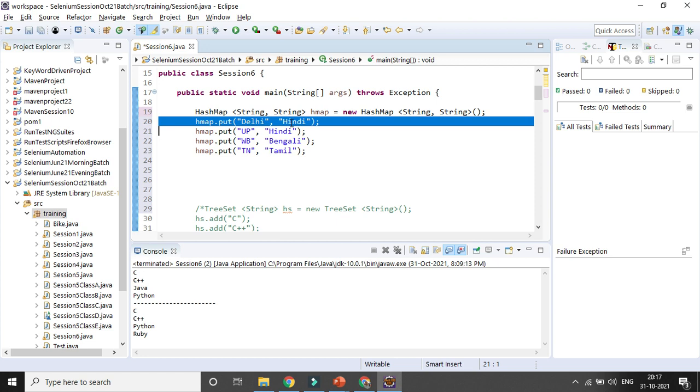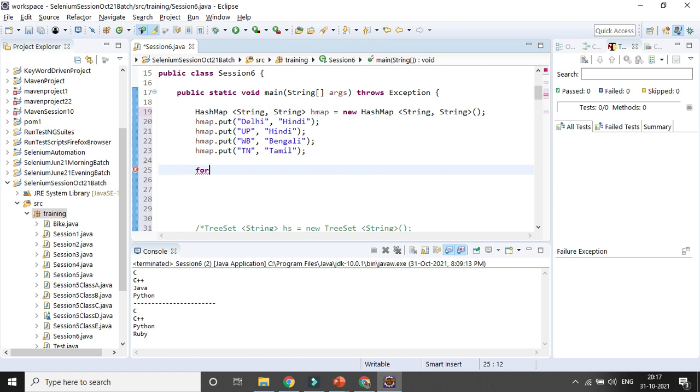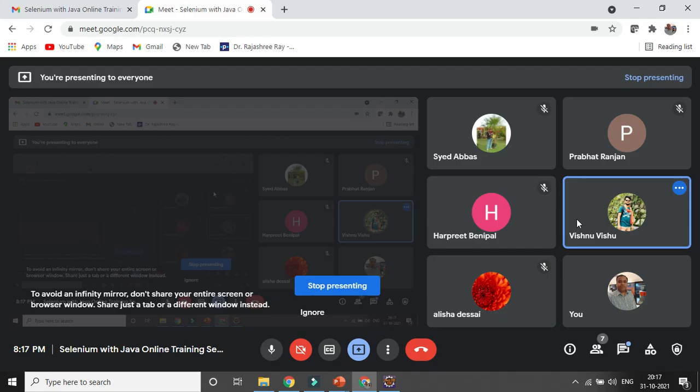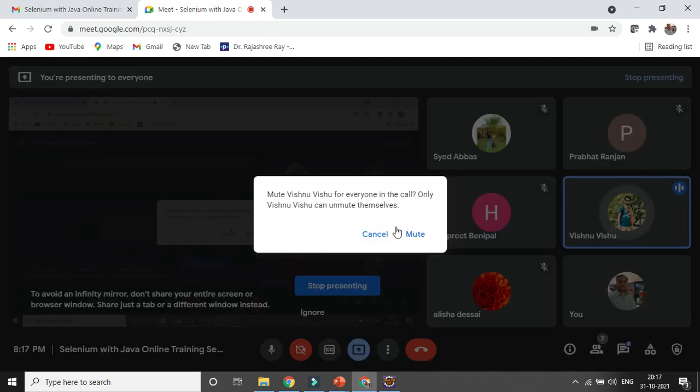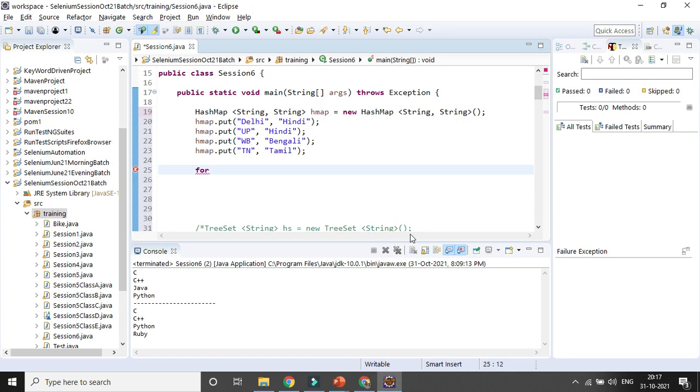Now I will be using a for loop here. I'll use a string str, then a colon, and then whatever variable I am considering, dot keySet, because I want to get the keys here.